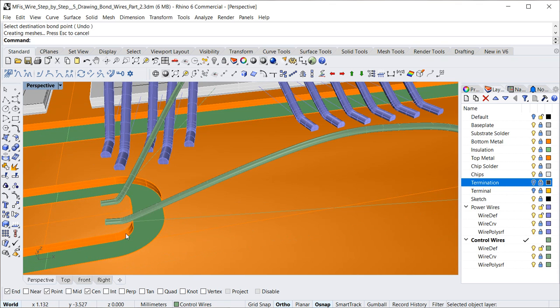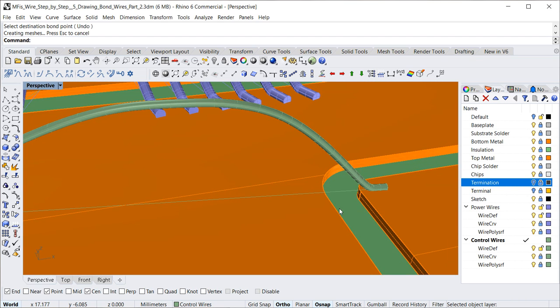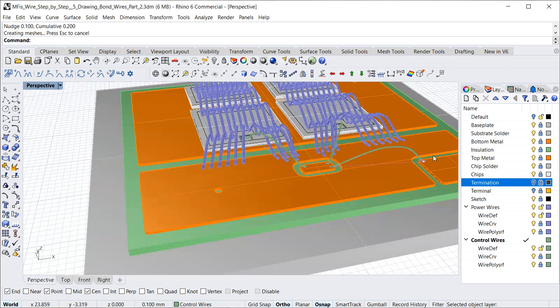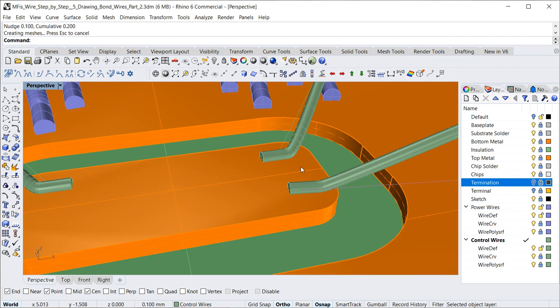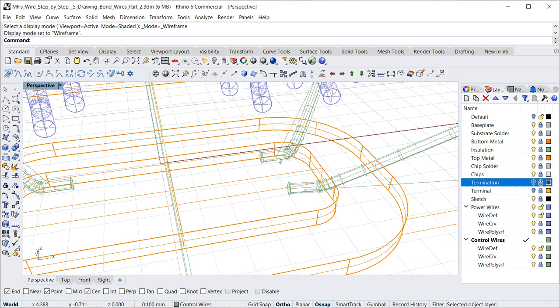I move it here inside the pad a bit to 200 microns, and here maybe I don't know where this exactly is, then I want to just align these with this foot. This is of course possible. It's better to be in wireframe mode. Then we see the points, this point and this point. There is one tool which is